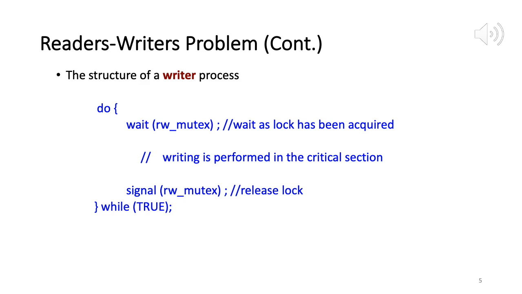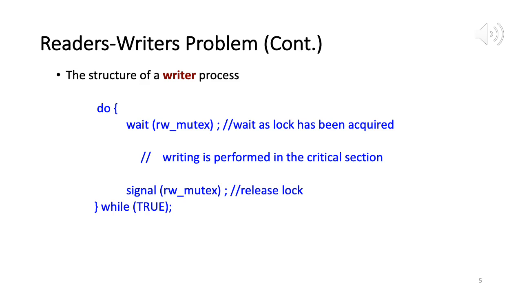Okay. So this is the code. Wait on read write mutex. Read write mutex is a lock, a binary semaphore, which is initialized to 1. So the writer comes and tests for the lock. It does a wait. For each semaphore, there is wait and signal. What wait will do is, if the value of the semaphore is 0, it just waits in the while. Otherwise it enters and reduces the value of the semaphore by 1. Signal increases the value of the semaphore by 1.